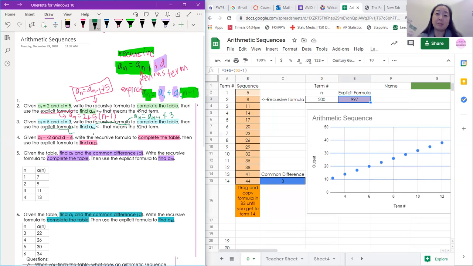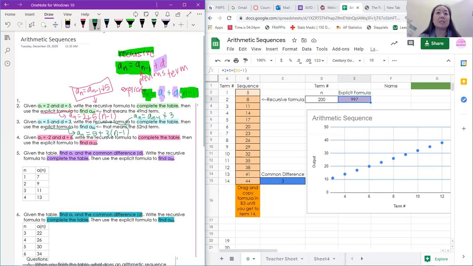Now you can certainly try and do it by yourself, like drag it all the way down and go to the 50s. You can, but what if I wanted the 427th? Like, do you really want to do that? I mean, I guess if you want to, but I can find better ways to spend my time. All right, so here the explicit formula, just like what we wrote here. So a sub n is in green, so we're going to leave that as is, equal to a sub 1, which is our first term, right, which is 5, plus d, which is our common difference, 3